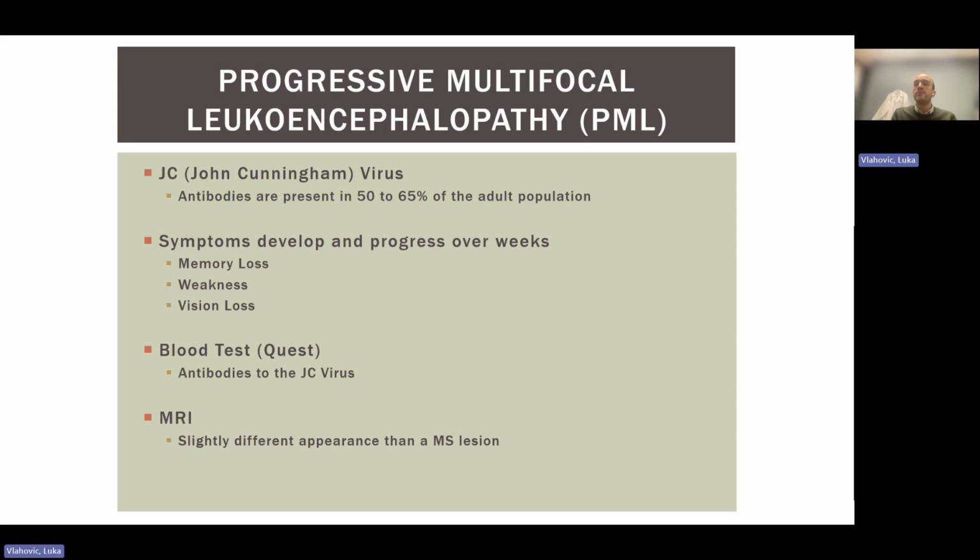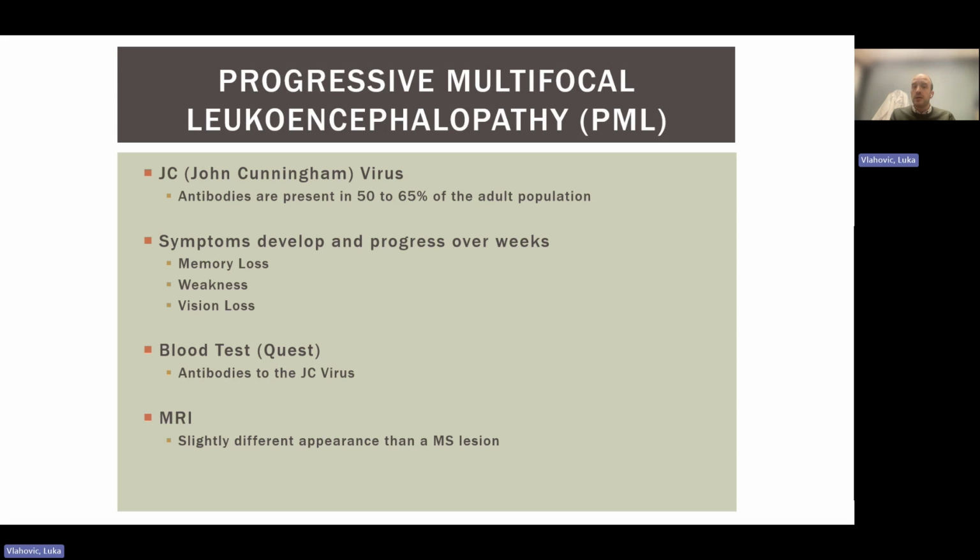The problem is when there is some defect or problem with the immune system, such as, back in the day, with AIDS, when lymphocytes were not available and reactivation of this virus was catastrophic. Or in this particular situation, when we essentially artificially manipulate the immune system in order to minimize harmful effects to the brain and spinal cord. In that setting, this virus needs to mutate, then can squeeze into the brain and spinal cord and cause